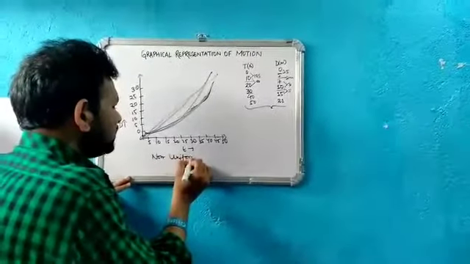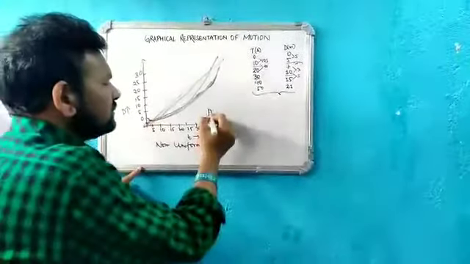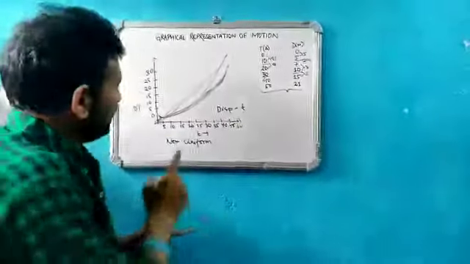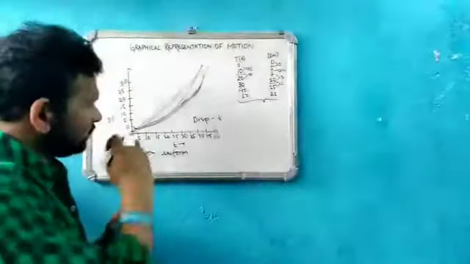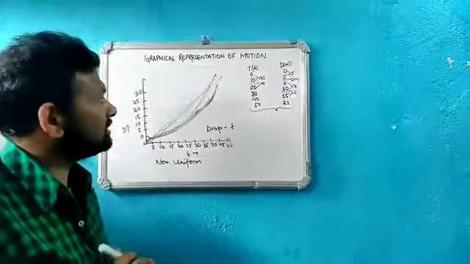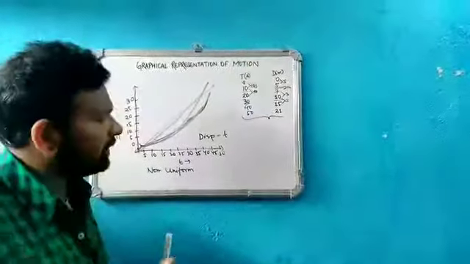So what I am trying to say is, for uniform motion, the displacement-time graph will be a straight line, whereas for non-uniform motion it won't be a straight line but a curve. Okay, so I hope this discussion is clear, and in the next class we will discuss the velocity-time